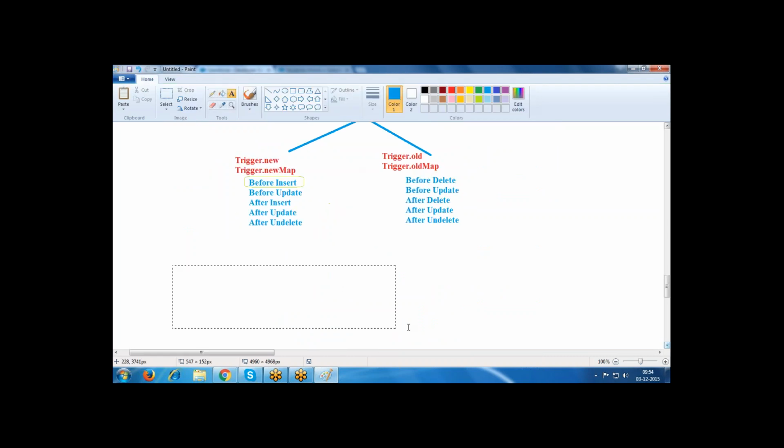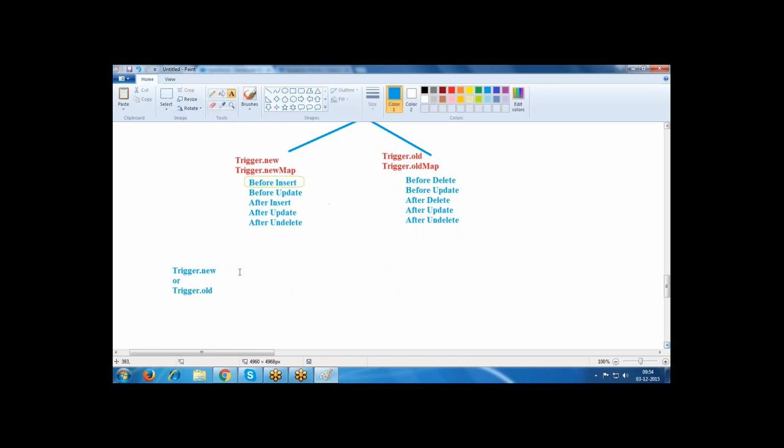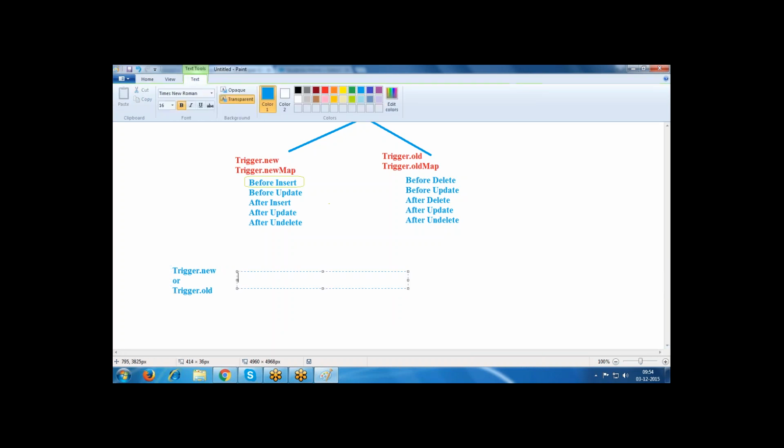Whenever we use trigger.new or trigger.old, the internal representation for this is a list of sObject type, like this.